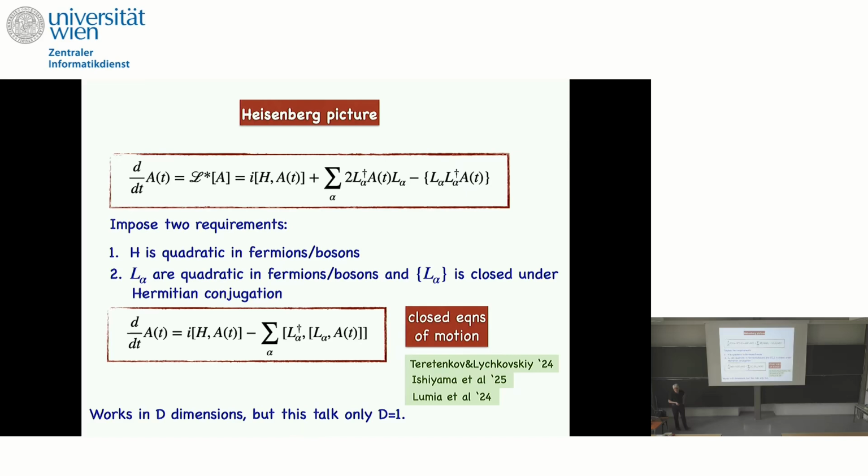Now I'm not really interested in the reduced density matrix. I'm interested in operators. So I want to go from the Schrödinger picture to the Heisenberg picture. This is completely standard. Exactly the same way as you write the equation of motion for the density matrix, you can write the equation of motion for time-dependent operators. Here, the time evolution is induced by what's called the dual Lindbladian, and it takes this form. It's very similar to the Lindbladian itself.